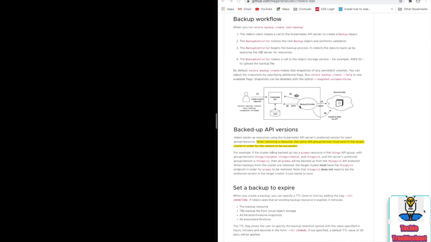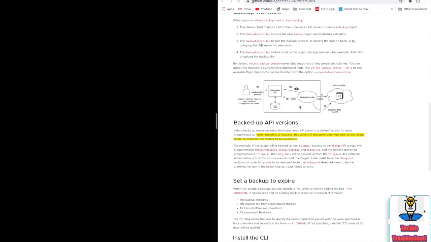Once the backup process is completed, it sends the data to the Kubernetes API server again. The Kubernetes API server is the heart of Kubernetes and handles all the responses. Whenever you send a request to Kubernetes, the API server collects the data, sends the request to the respective resources, gets the data back from that resource and sends it back to you. This is what happens in Kubernetes. And when it comes to snapshots, like persistent volumes, Velero gives an option to take a snapshot whenever you do a backup. The snapshot also happens.